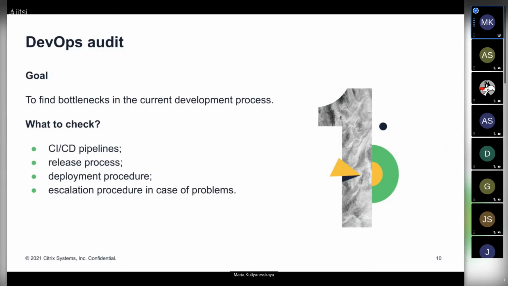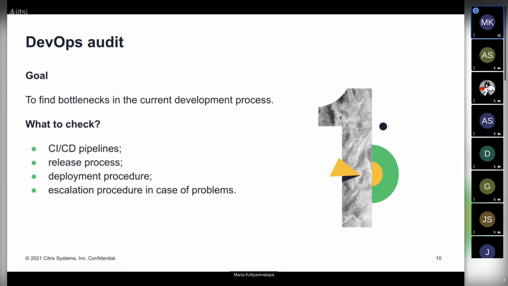It means that all participants in this process should understand what the actions are, how the problem should be escalated, and what the expected result is, right? So it can be a task for the development team, or it can be a separate support team, and this team will try to resolve the problem first. So it can vary from company to company.